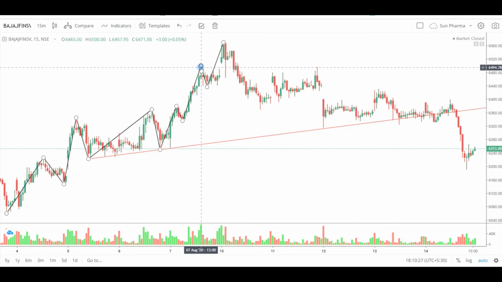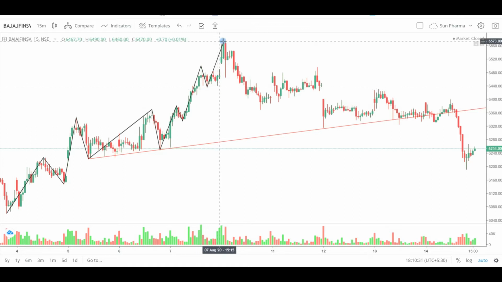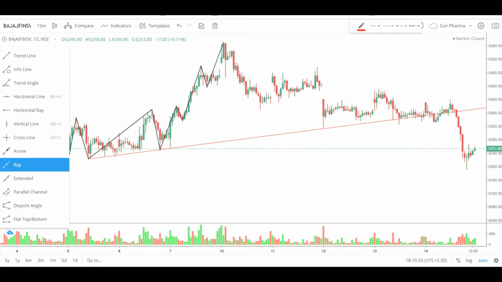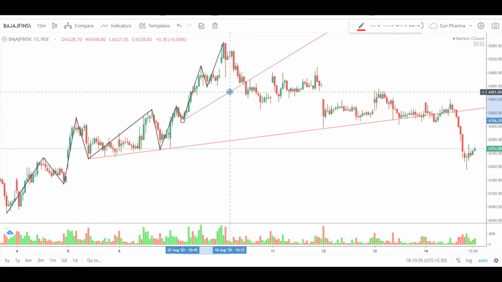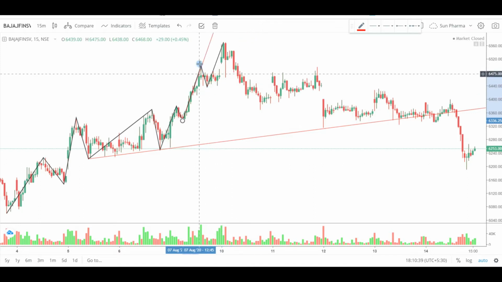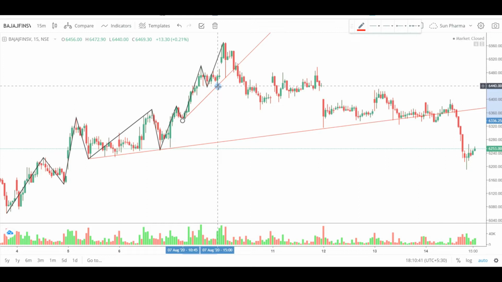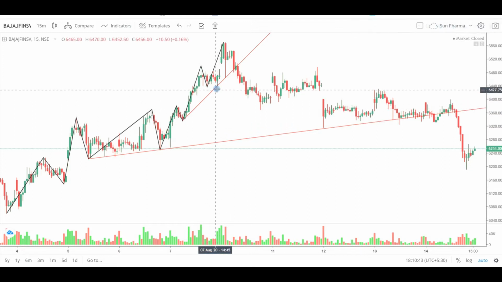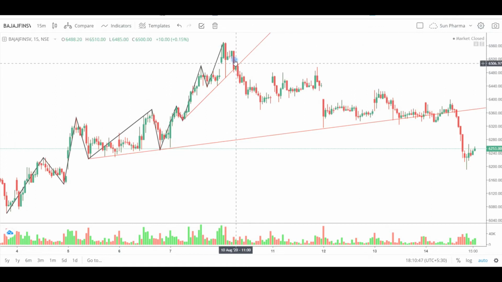So this high was broken and prices went up. Then there was retracement and prices again went up. So this would be a good trend line. Once this high is broken, this would be a good trend line. It was respected as a demand line and there was a break at this point. So this was the break of the trend line